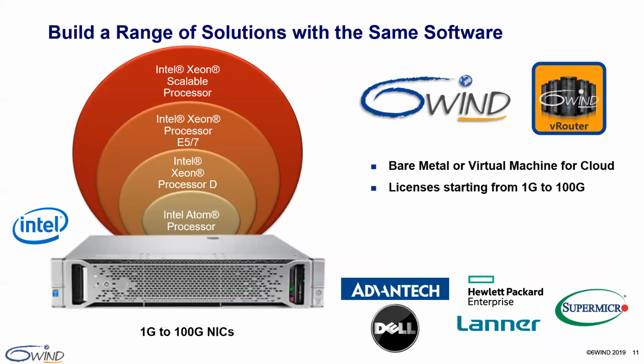6WIN's vRouter allows you to build a range of solutions on commercial off-the-shelf servers with the same software. We support a range of powerful Intel CPUs, from the Atom processor all the way up to the latest Xeon Scalable processors and 1 to 100 gig NICs. Many of you already have servers from one of these leading vendors, so you're ready to go. Just download our software and you can have a VPN Concentrator vRouter with 1 to 100 gigs of throughput performance